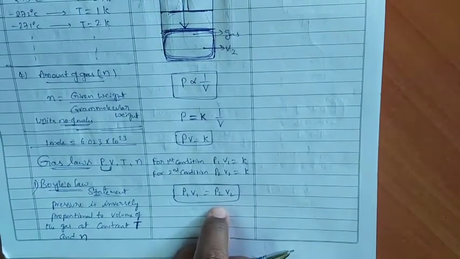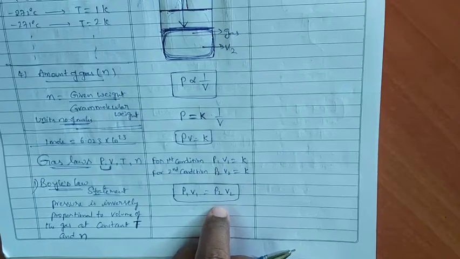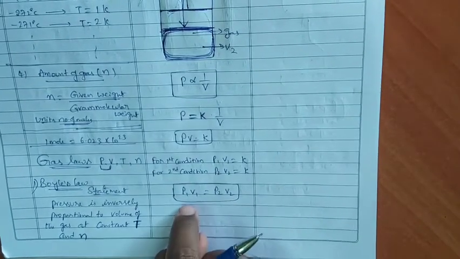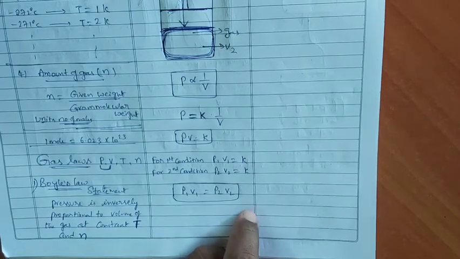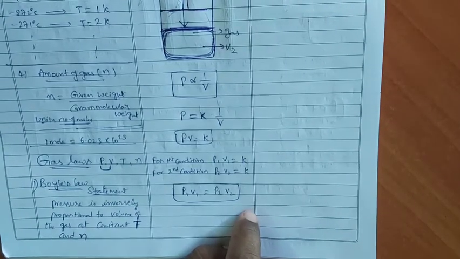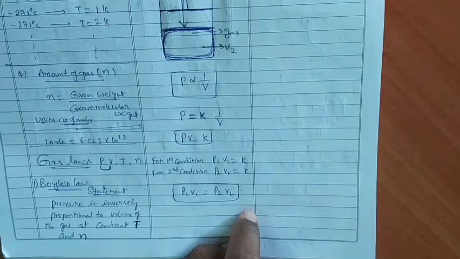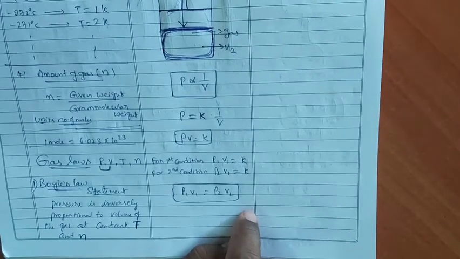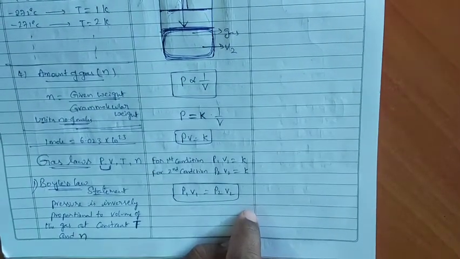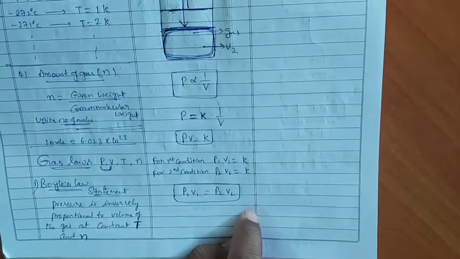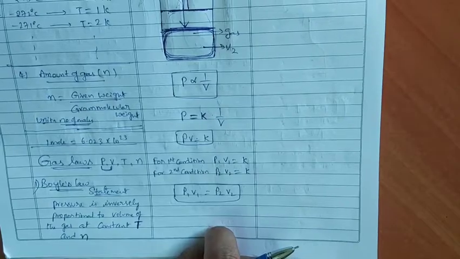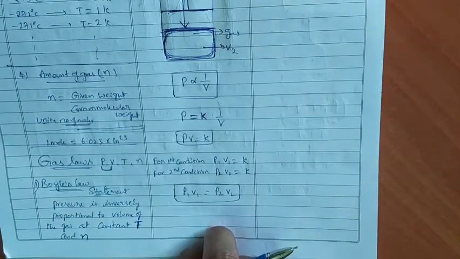This is a useful formula in doing problems. Any Boyle's law related problems will be given in this way. Initial pressure, final pressure, and initial volume they will give, and the final volume we have to find. Like that, they will not give one unknown value, but the remaining 3 they will give. By using those remaining 3 values, we can find the unknown value. I hope you are clear about this one.